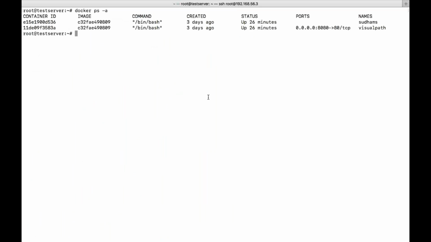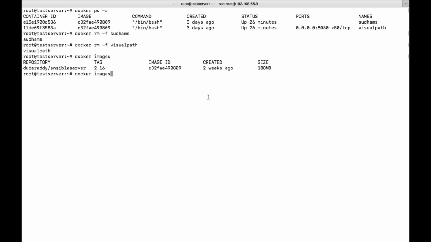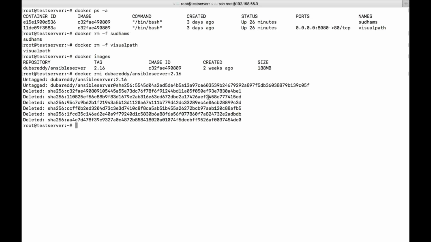I will clean up my server. So my server is clean right now.